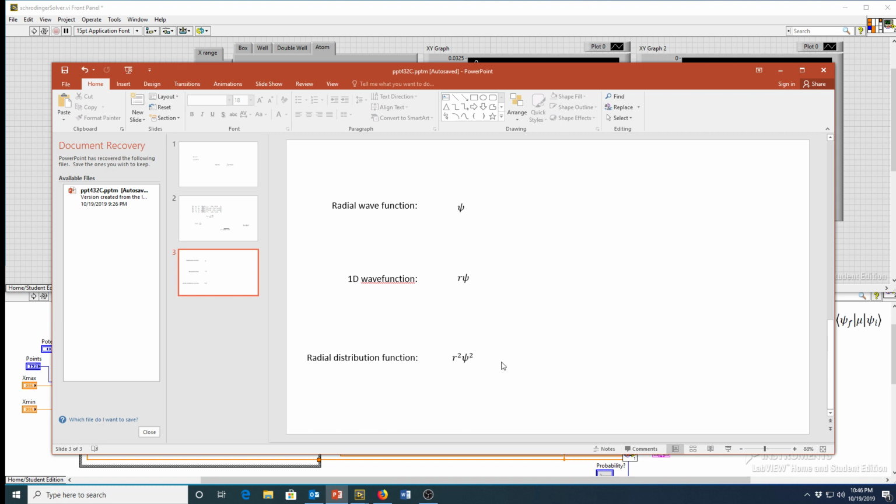Why do you do this? Well, basically because you're integrating over spherical coordinates. Whenever you are integrating in spherical coordinates, if you learned in your math class, you do this silly r squared times dr sine theta d theta d phi sort of situation. That's where this r squared comes from. Why do you need that? Well, if you think about